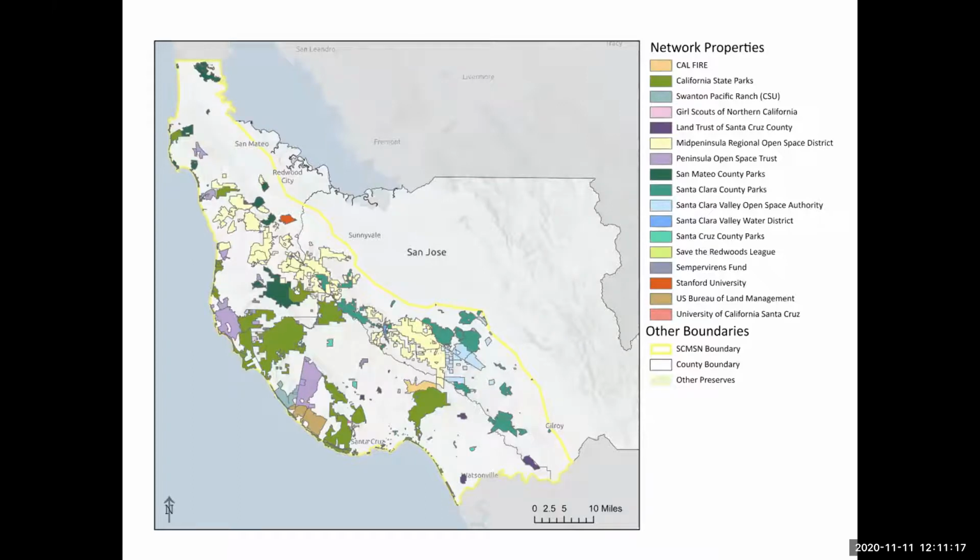To get this done, we had to build a coalition of interested parties. It was a $3.5 million project. So we had to get a lot of different people interested. So Kass and I and our colleagues, Danny Franco and Mark Tuckman, did about a million presentations to try and really explain what the value of this project was and what people would be able to do with the data. And we've been pretty successful. We put together a really diverse portfolio of funders, including many of our network members, but also some of the counties, and foundations, and so on. We're in the middle of the project. We're not done with it yet, but it's going well.